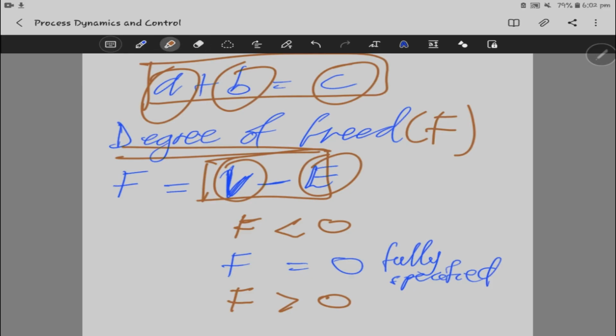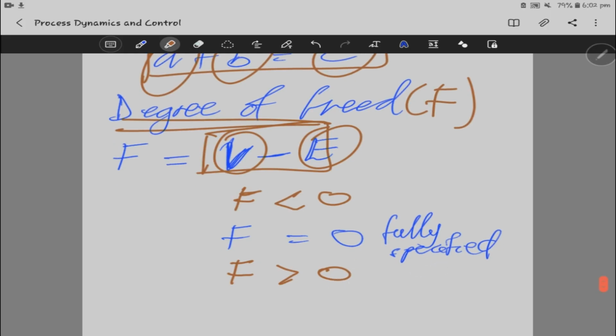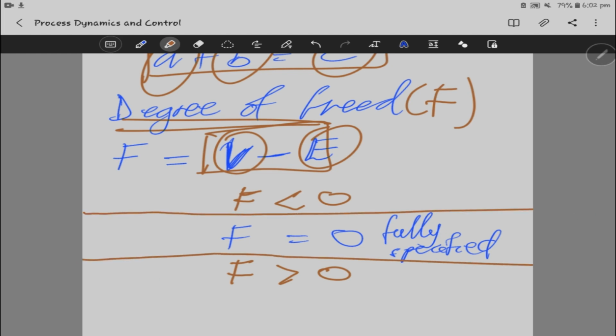That's what it's saying. So basically, the degree of freedom is just saying the number of variables that are needed to completely describe a system. At times the system can be overspecified or underspecified. So if we have the variables being equal to the number of equations, then we see that the system is fully specified or exactly specified, meaning that you can actually get the solution to the system easily. But there is a case where we have